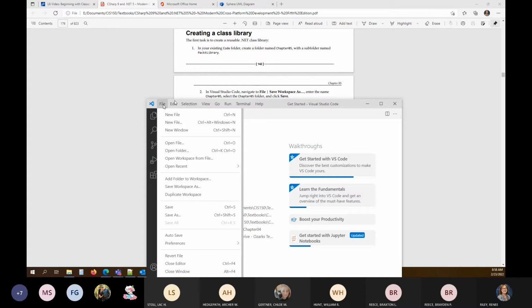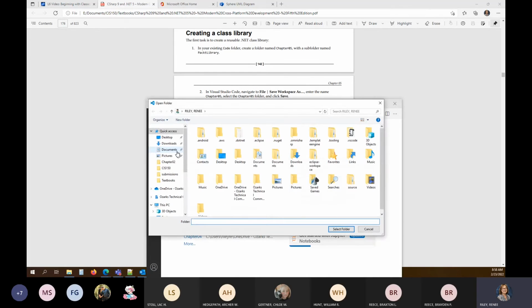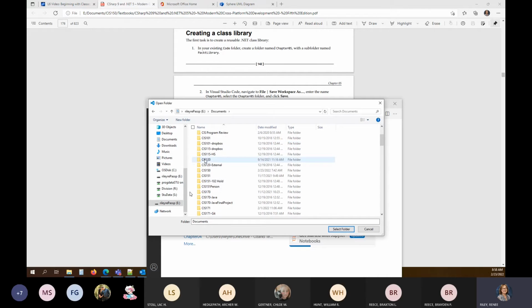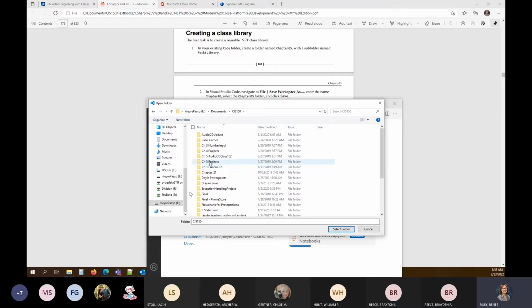File, open folder, and then I'm going to go to my folder. Let's see. Last time I ended up having to put stuff on the C drive to get it to run right. I'm going to try to use my external if I can.